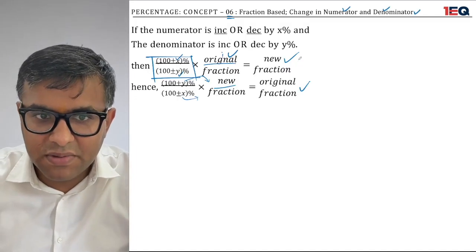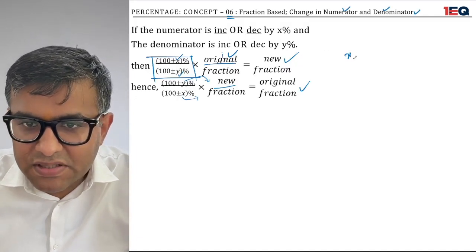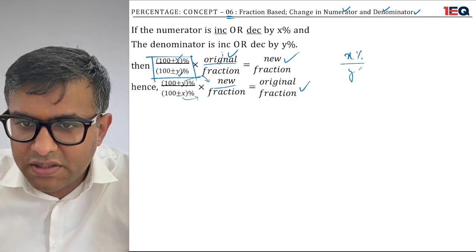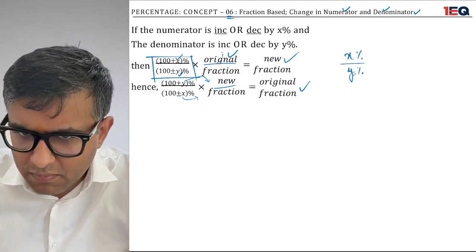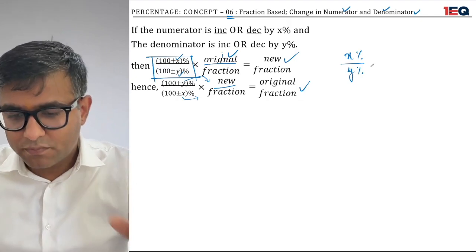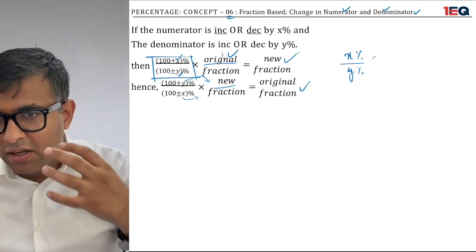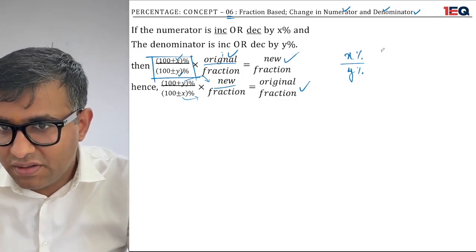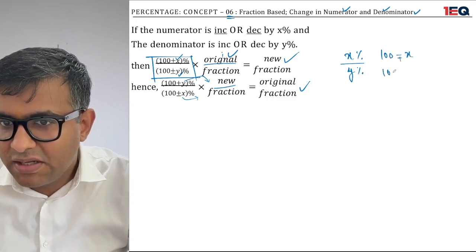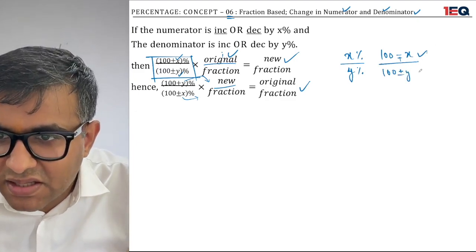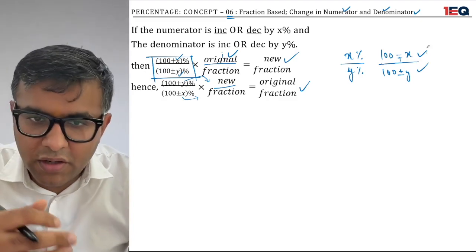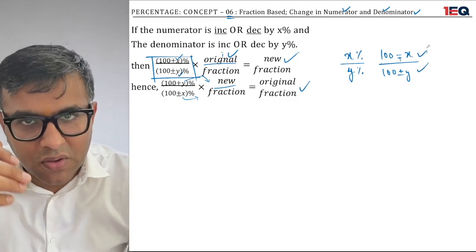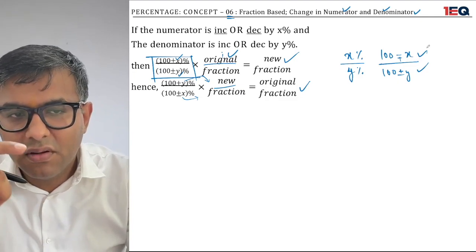There's a small thing which I missed here. Any x percent or y percent increase or decrease cannot be solely done in terms of x and y. It has to be done with the help of 100 minus x or 100 plus x, similarly with 100 plus or minus y. Remember this, there is a component of 100 which will always follow you because we are solving the chapter of percentages.